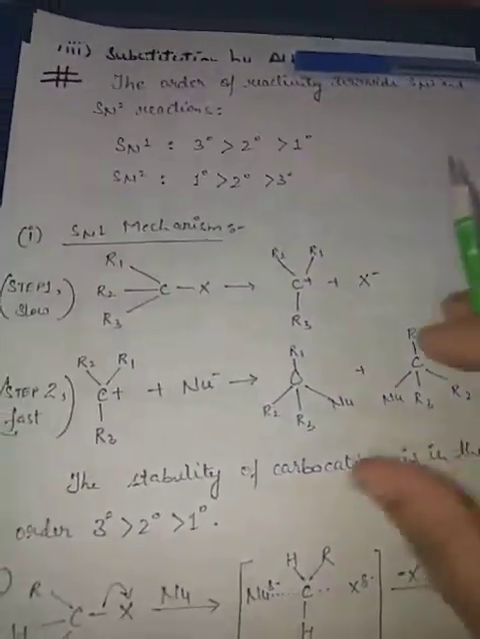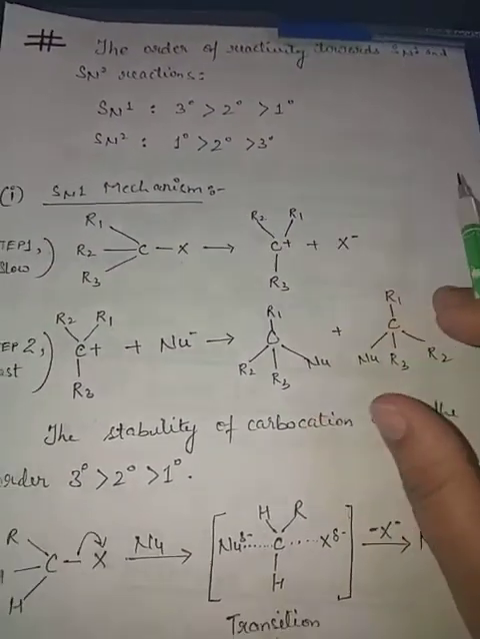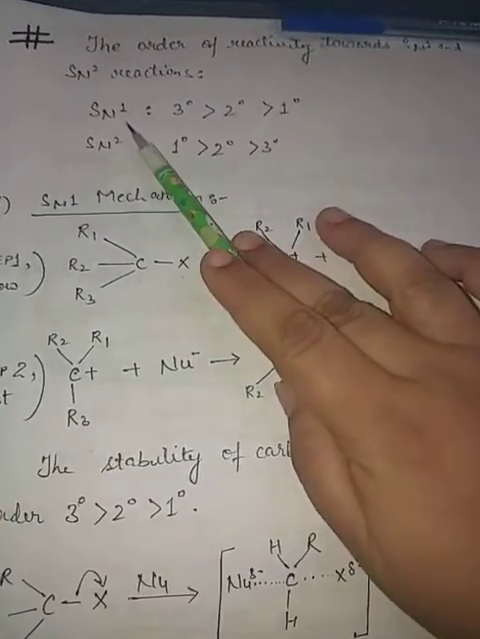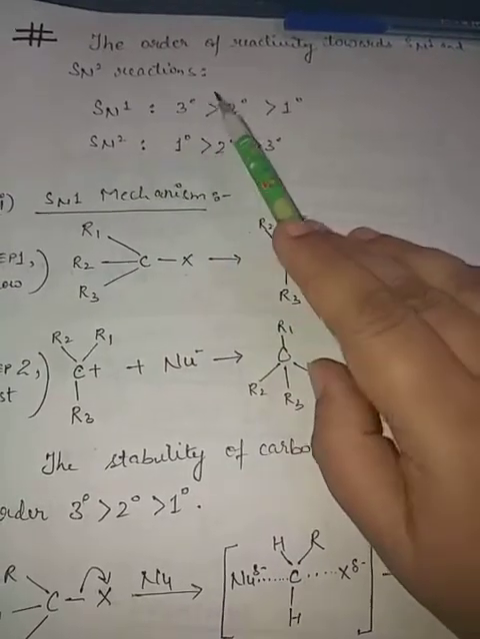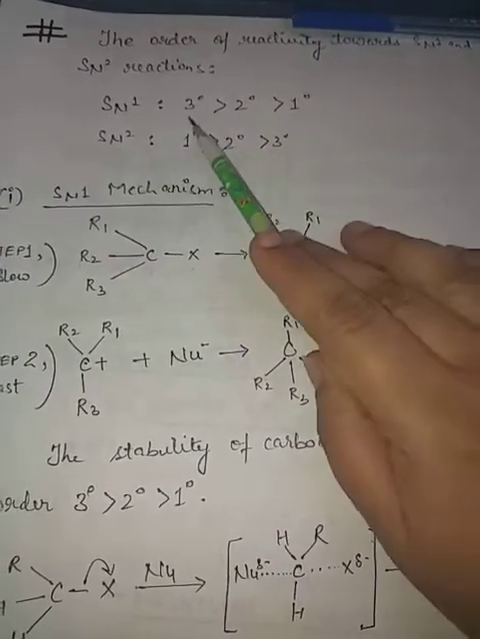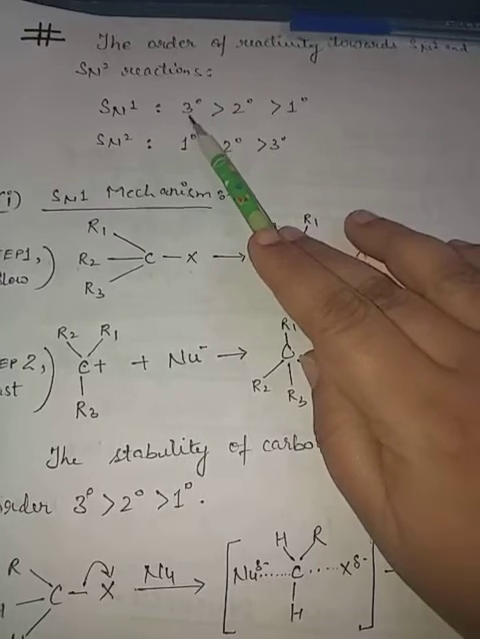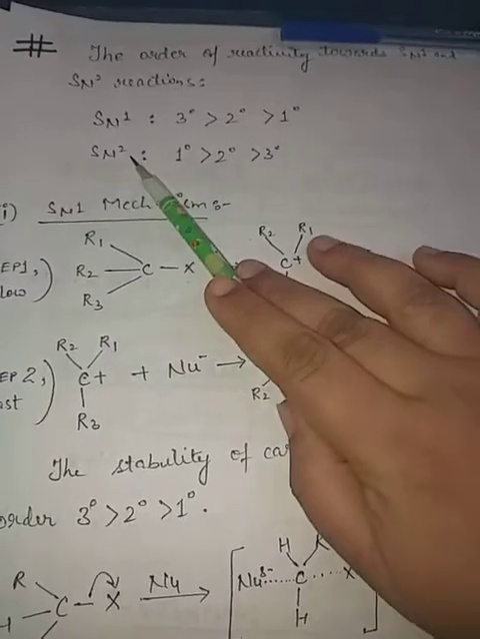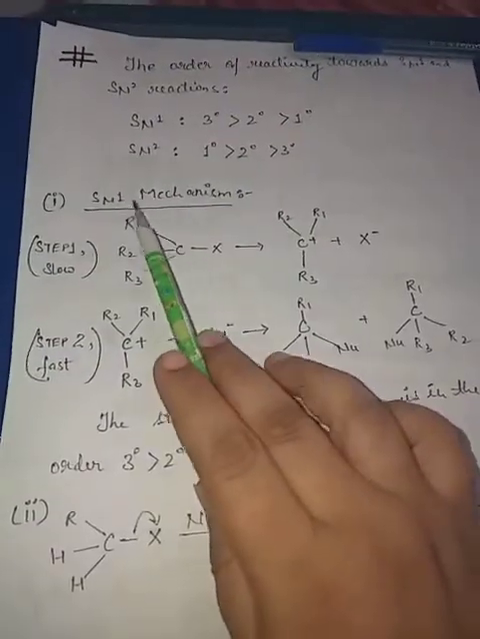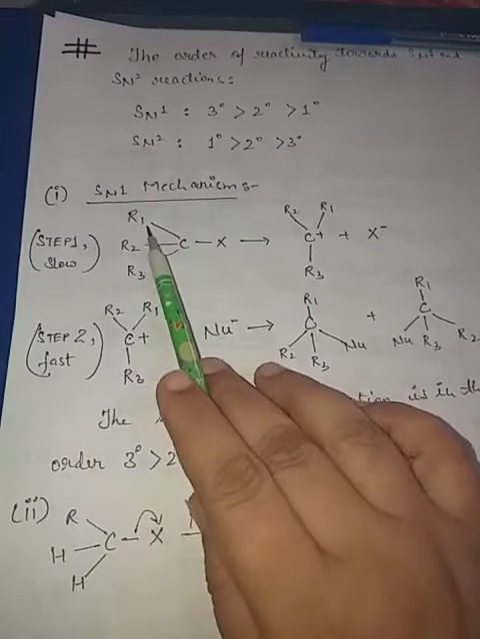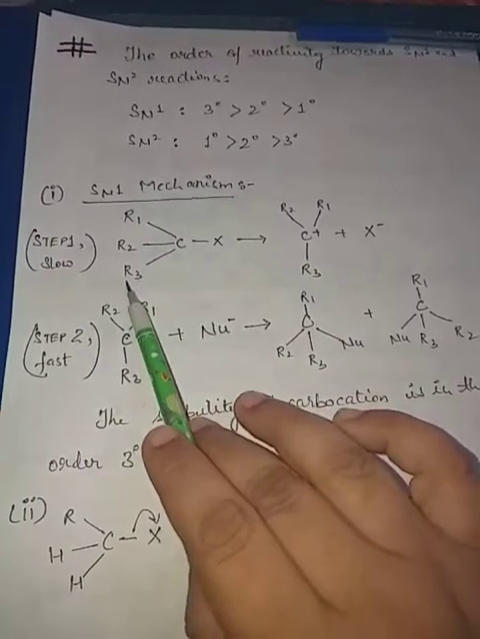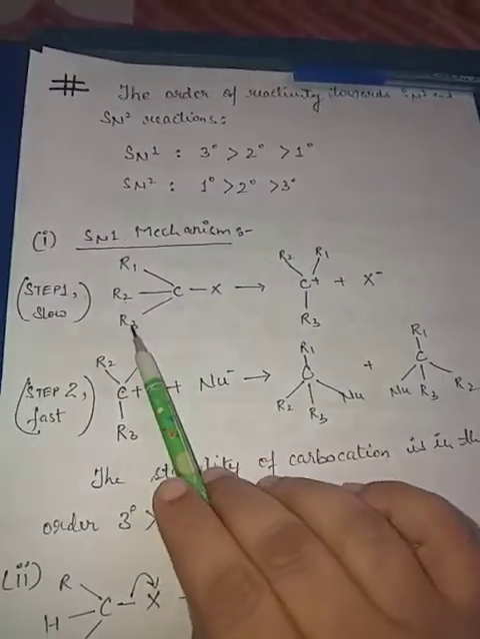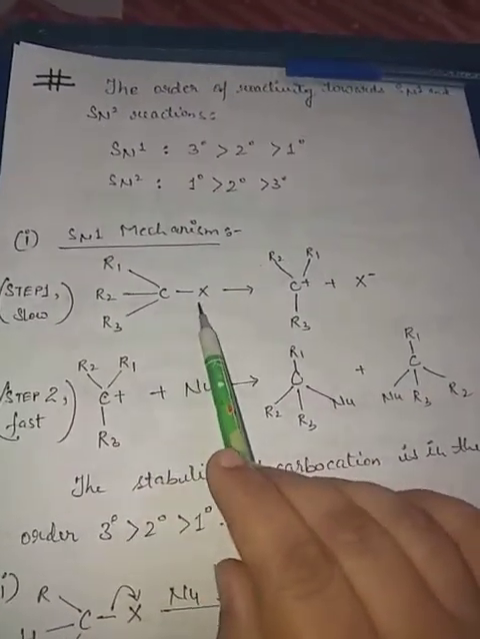Now the order of reactivity towards SN1 and SN2 reactions. See, if we are talking about SN1, then tertiary, then secondary, and then primary. Tertiary will show nucleophilic substitution by SN1 mechanism very easily, and primary will show it by SN2 mechanism easily. See, what is SN1 mechanism? If 3 alkyl groups are attached with a carbon having a halogen,